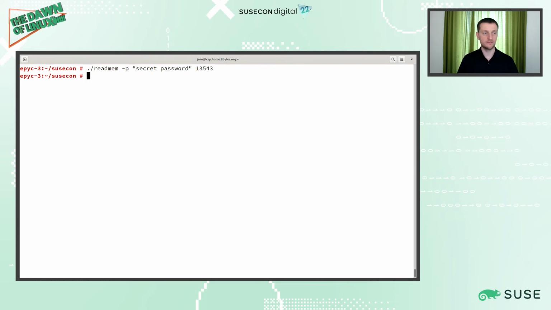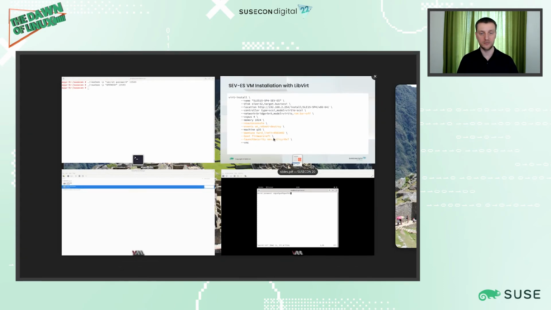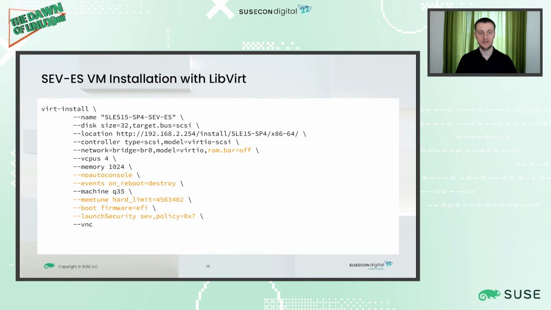then our tool will not be able to find anything, because our memory is encrypted. The host will only see the encrypted content and can't scan the plain text and steal data from it. So let's see. Same here, nothing found. So our VM is really protected, and the memory is safe and secure and can't be stolen from the host side.